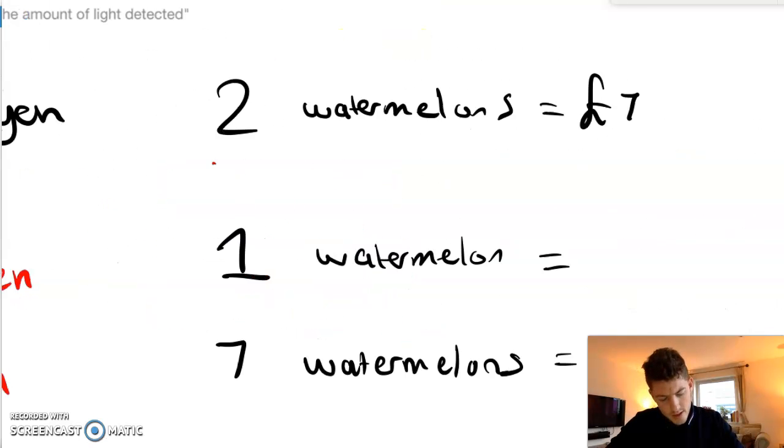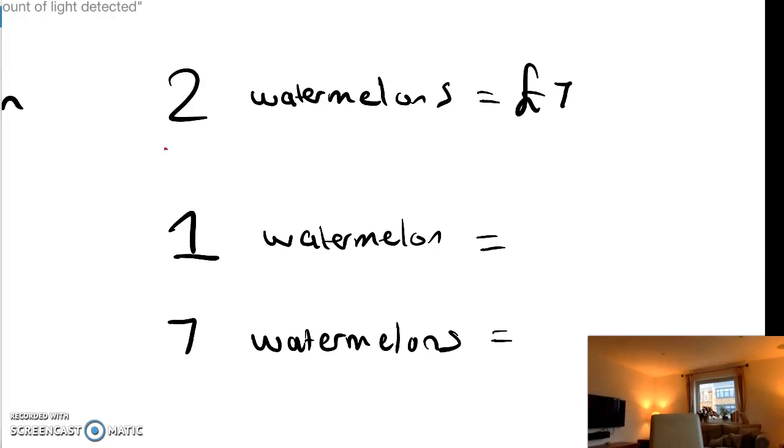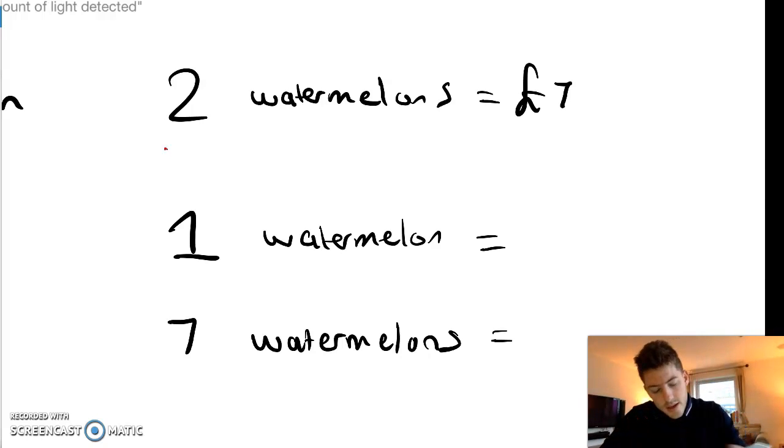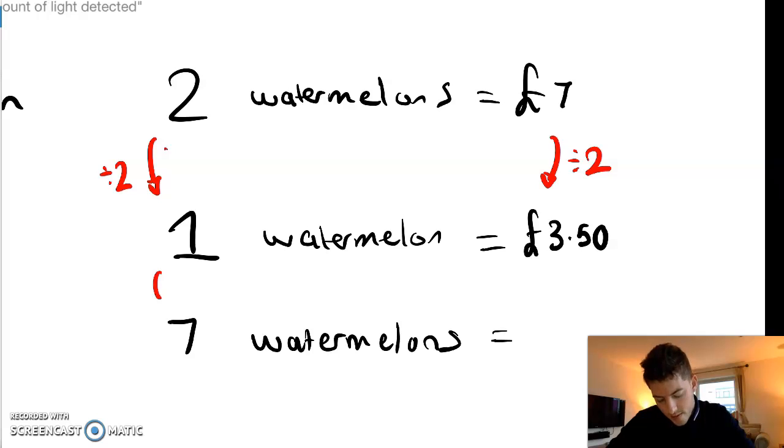Okay. Same thing here, watermelons. So 2 watermelons. Sorry, I have to plug in my laptop. 2 watermelons is £7. So to get 1 watermelon, we just divide it by 2. So 7 divided by 2, and this gets us our constant ratio. 1 watermelon is £3.50. So to get 7, we times it by 7. And that means 7 watermelons, we're going to times it by 3.5,